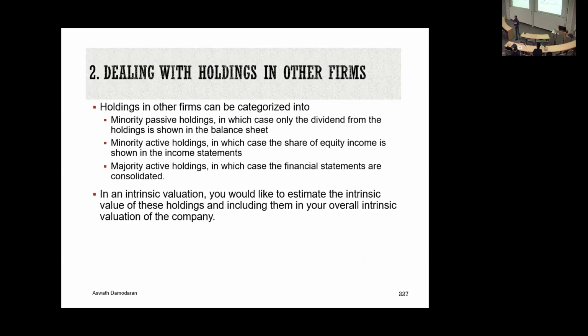So let's talk about cross holdings. First step in dealing with cross holdings is recognizing the accounting can be widely different. First, if you own 3%, 4%, 5% of a company and have zero role in how the company is run, you might be lucky enough to qualify for what are called minority passive holdings. With minority passive holdings, here's what you have to show on your income statement: the dividends you receive from those cross holdings. And on your balance sheet, you have to show what you originally invested to get that cross holding.